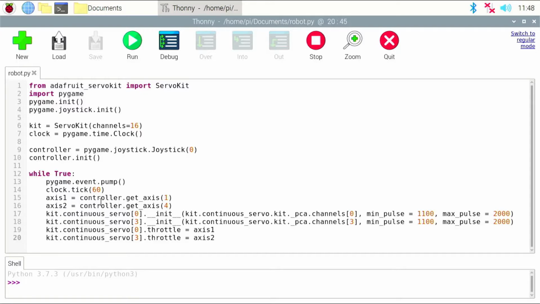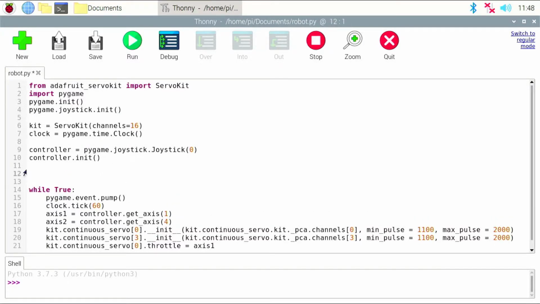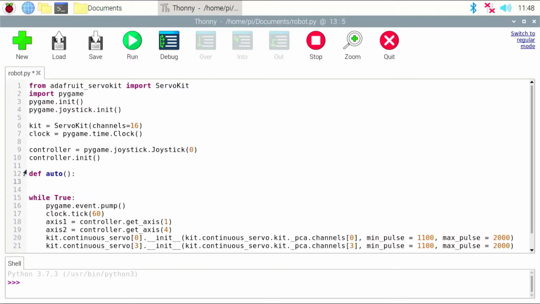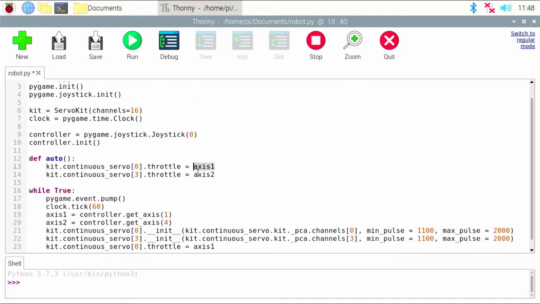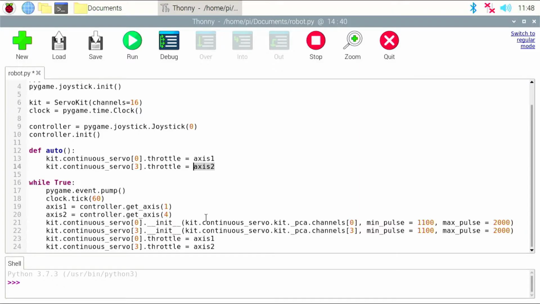So here's my code. Look at all this. Right about here, define autonomous. I'm just going to call mine auto. All right, with a little colon at the end, and you should be tabbed in. So anywhere in here, I'm going to write my autonomous program. And the way you do that is pretty much with these throttle commands. But instead of doing it like you did here, where you're setting it to axis 1 and axis 2, which is your remote,